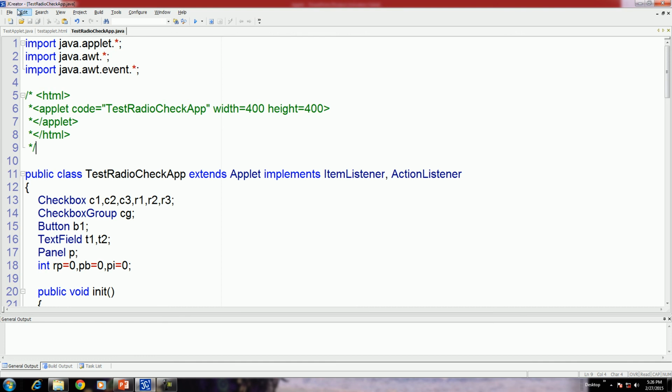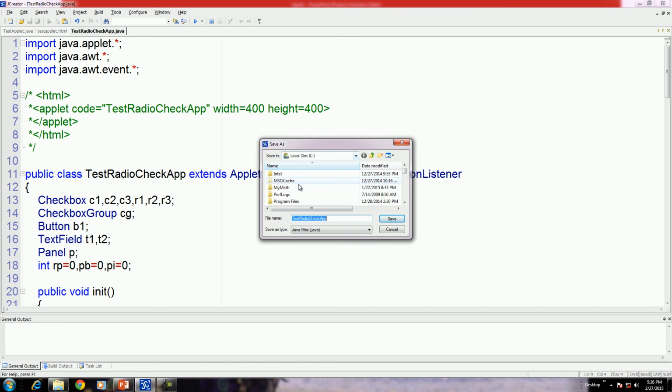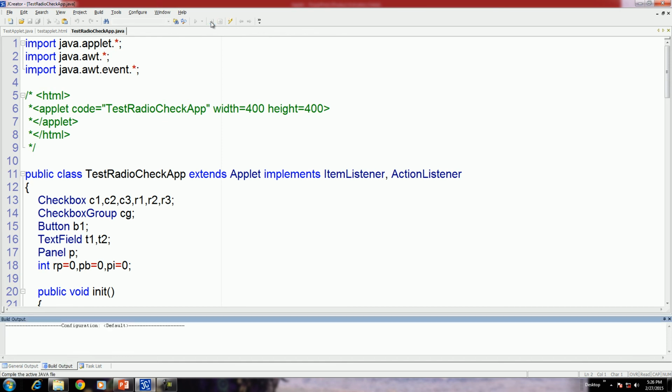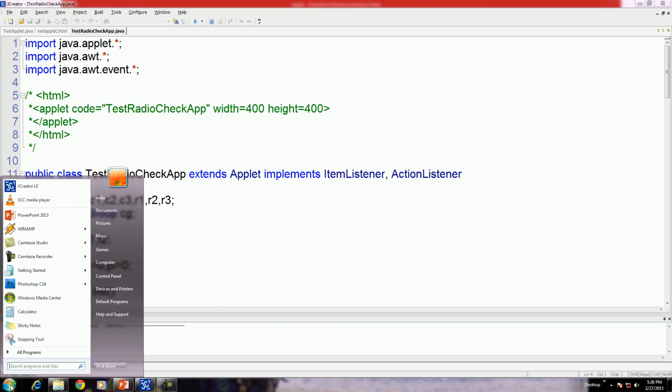Therefore, let me save this program in the Java root folder, the JDK bin. Now, in this folder, let us see the program applet.java. Now compile this program, and you have to run this program using the command prompt. Then open the command prompt here.